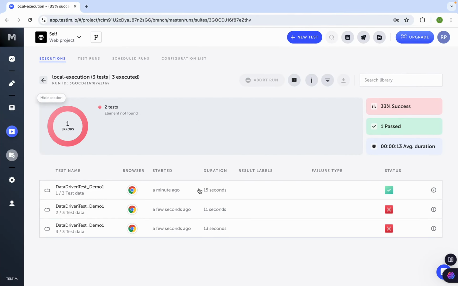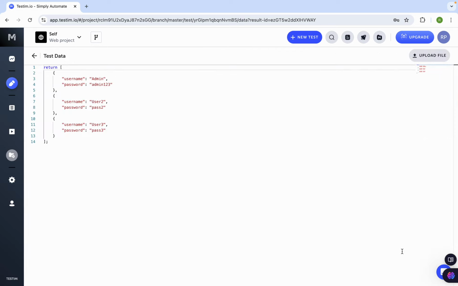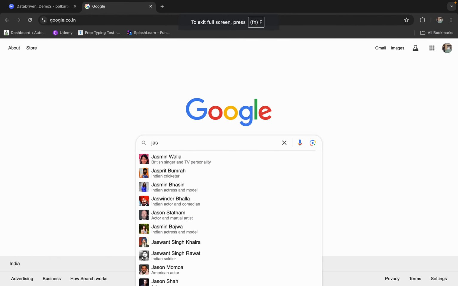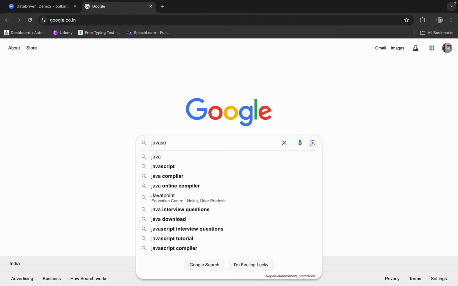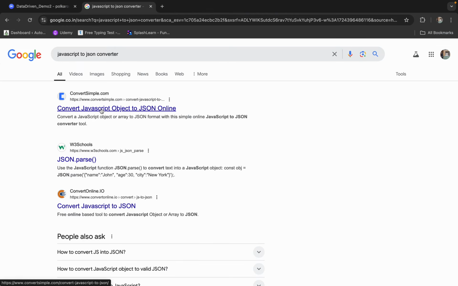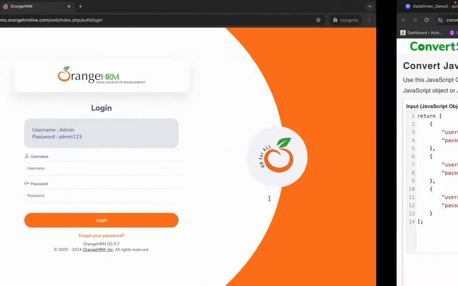We can also use a JSON file. Let me show you very quickly. I will go back to my test, go to the test data. So this is a JavaScript format. I can go to any JavaScript to JSON converter online. You can use any of these. I can paste my JavaScript and it gives me a JSON format, and I can copy this and create a